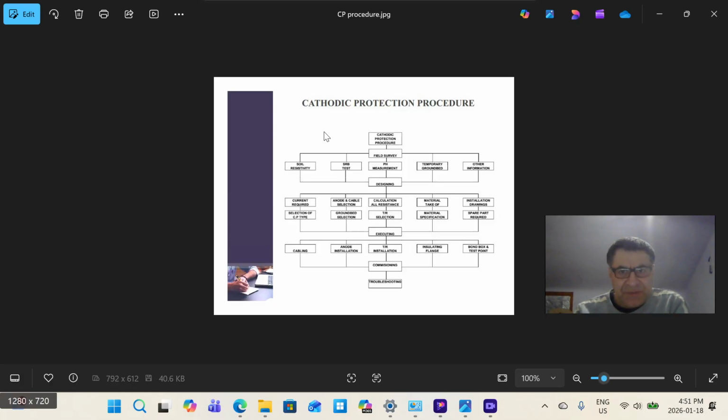And after gathering all that information from analysis of the soil, length of the pipe, exact material of the pipeline, carbon steel, or which grade of the carbon steel, thickness of the pipeline, what is the schedule of the pipeline, total length of the pipeline, how deep the pipeline is going to be embedded,